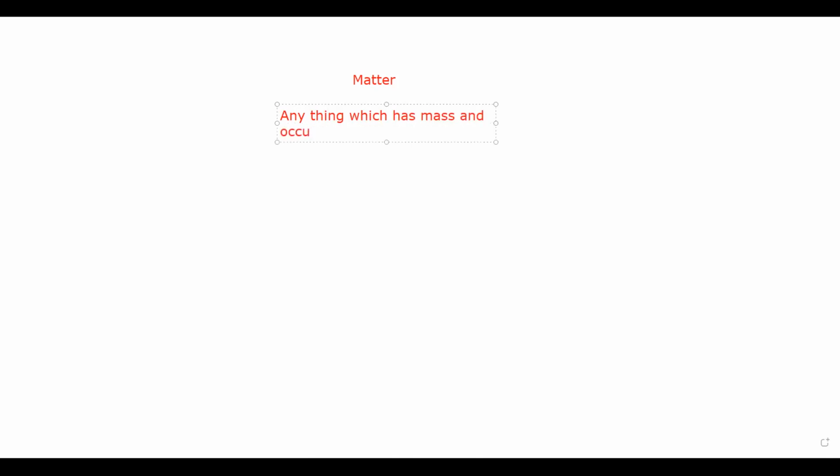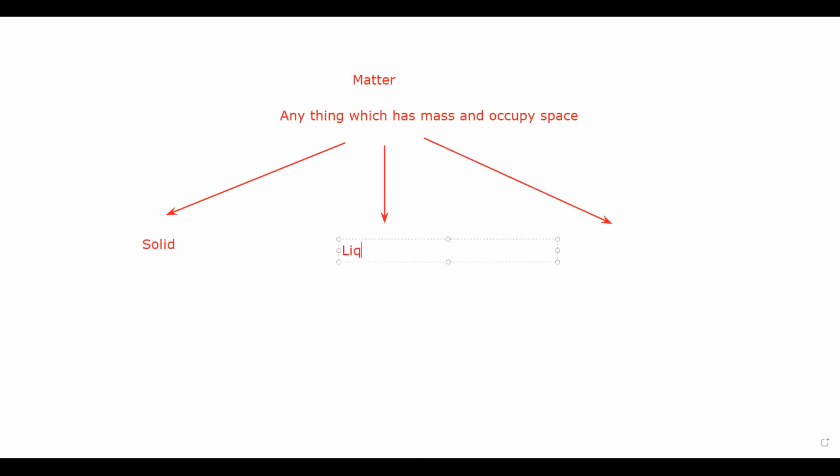And when we compare the third state, that is the gaseous state, what you see in a gas is that it does not have any fixed volume or shape. It takes the shape of a container and occupies the space available. It has very low density and it is compressible because the particles have greater distance between them, so it is easy to compress.